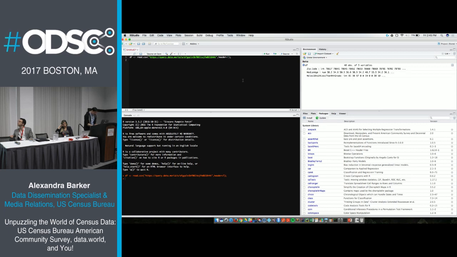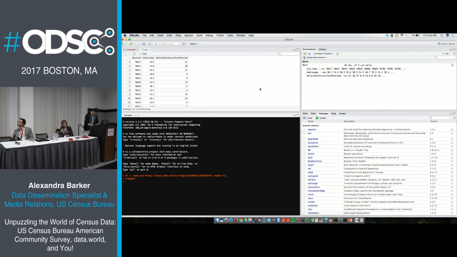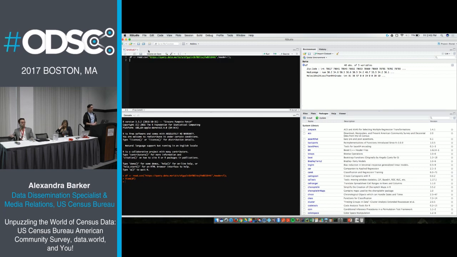And here's my data frame. There it is. So you're off and running. You've loaded into an environment, the statistical environment that you're more friendly with, and you're off to the races. And then you can do all sorts of machine learning that you may want to do.